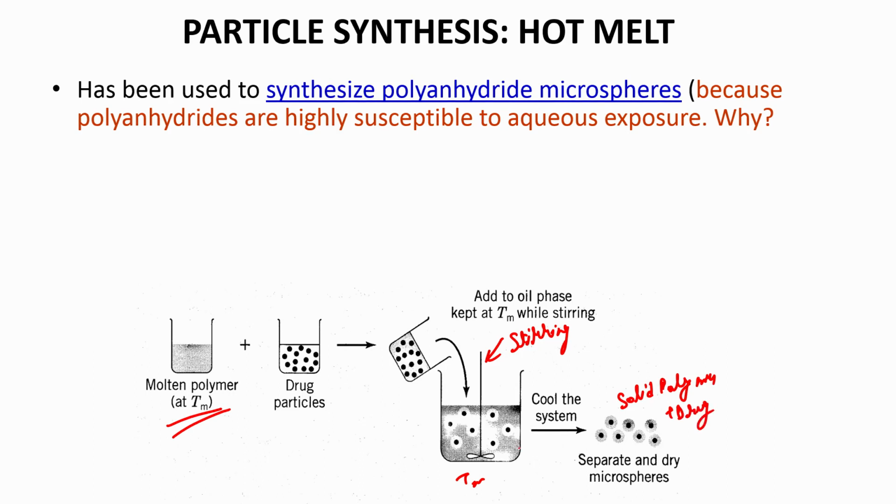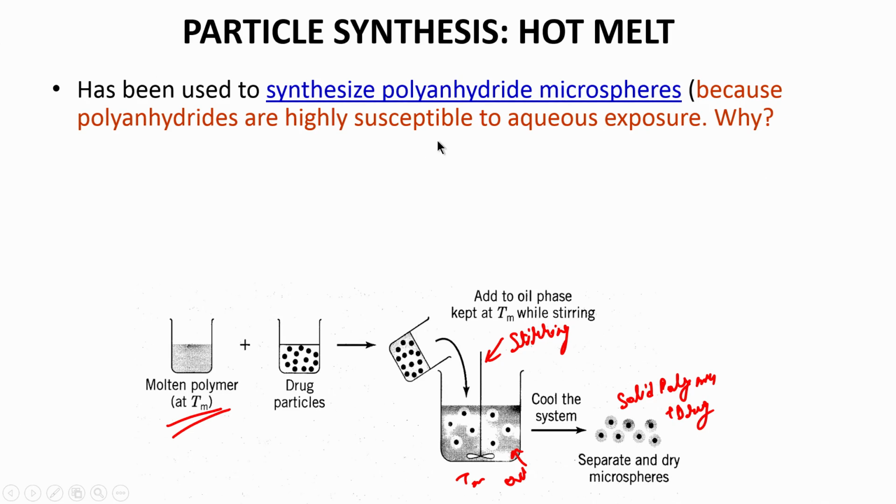So, in this one you want to use an oil which is not really interacting with your drug itself, so that the drug is not outside, that most of the drug is going to be solubilized into the polymer directly, and then you can use some centrifugation to separate this out. So, this has been used very widely with polyanhydride microspheres,